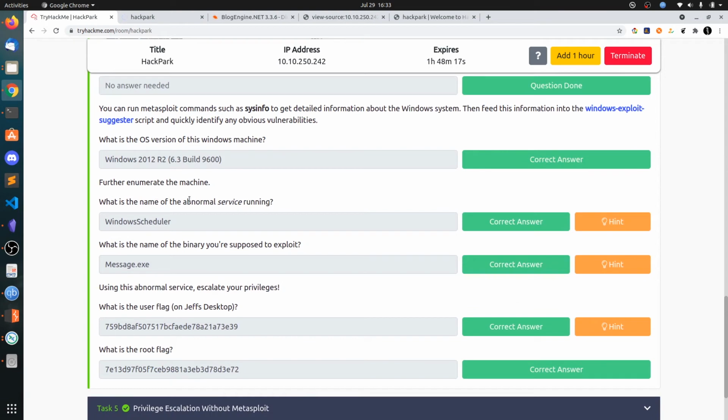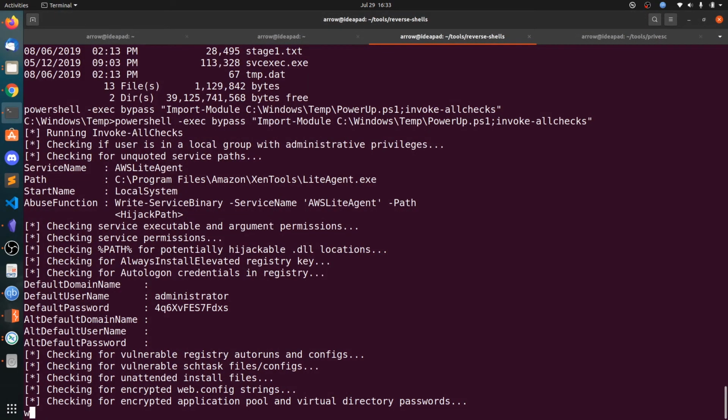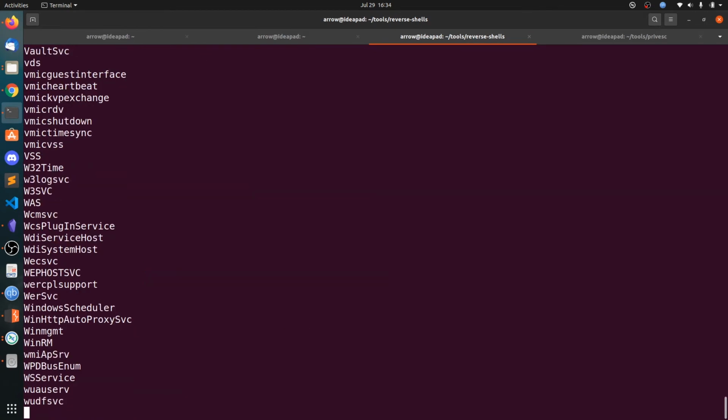So what is the name of the abnormal service running? So we need to find the services. So let's go and check WMIC service get name. So how to get the path? I forgot about the path.